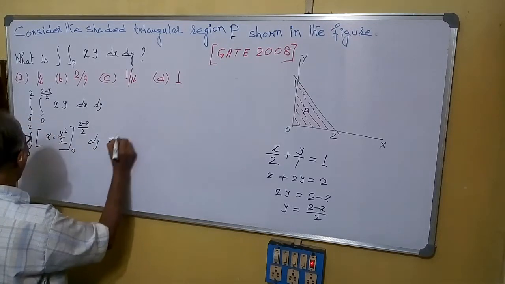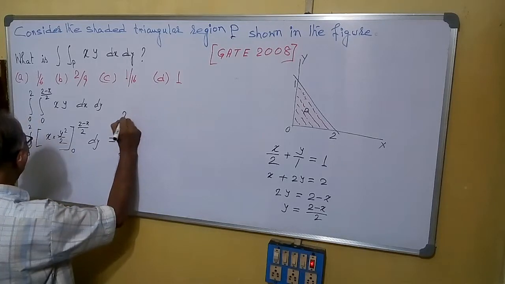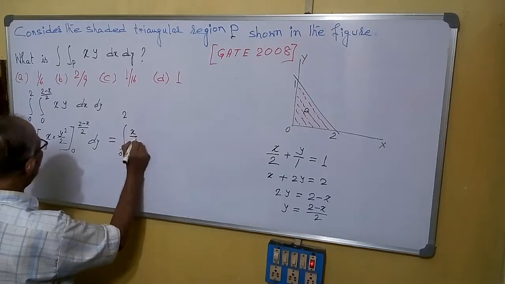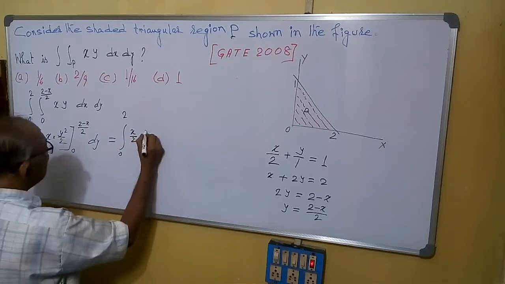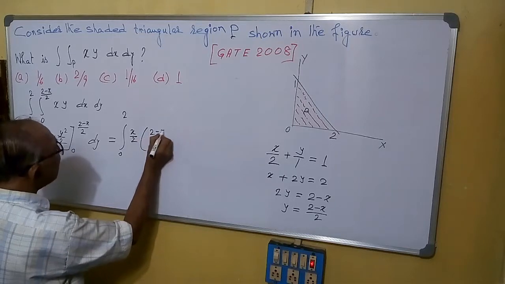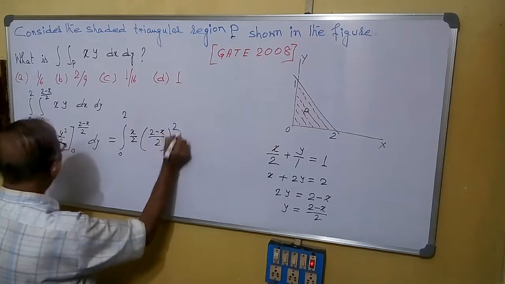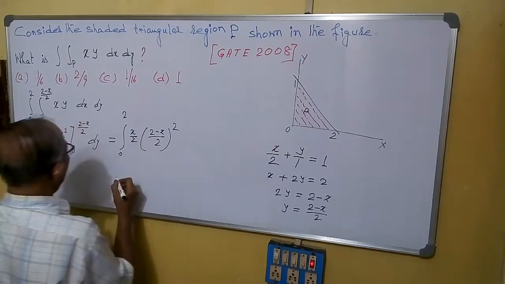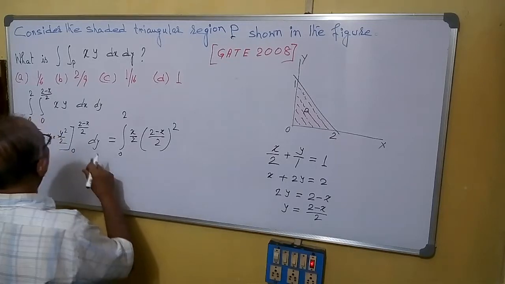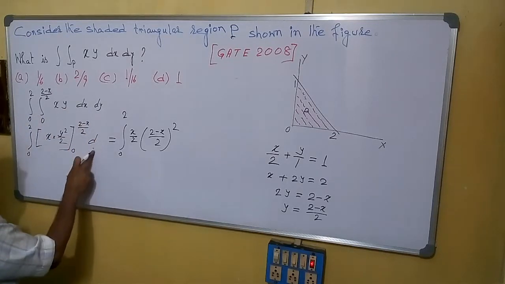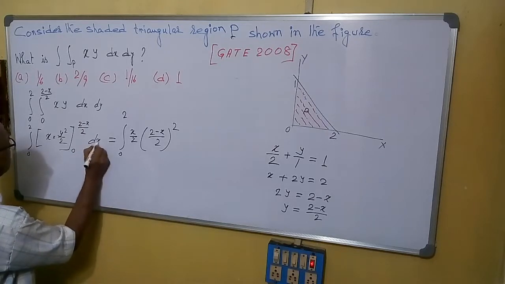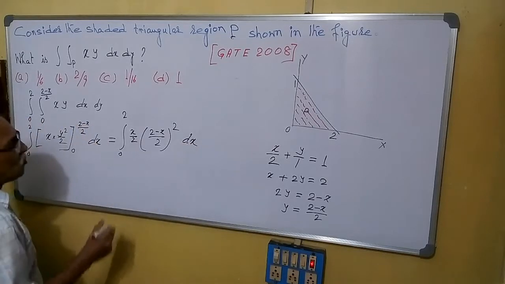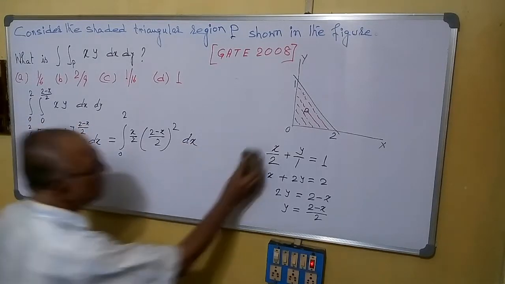So this is equals to integral 0 to 2 of x by 2 into y square, that is (2 minus x) by 2 whole square. For 0 it will be 0, we are not writing this much. Sorry, here it will be dx. So this one equals to,